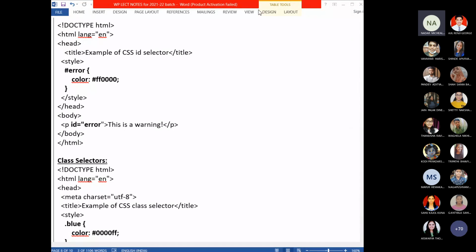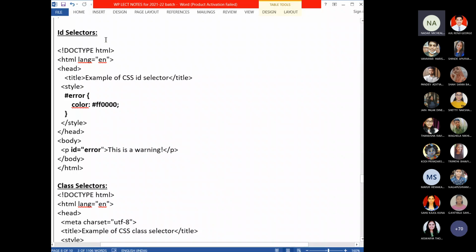Now, when we see the ID selector, this is another way. When we use the ID selector, we have to write the style definition like this. In the place of the selector, you will use some ID.